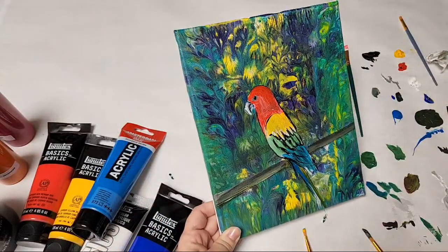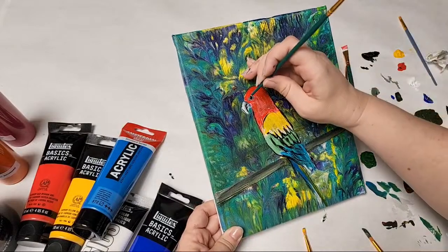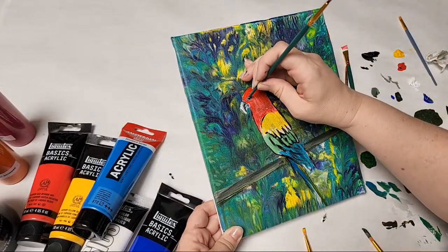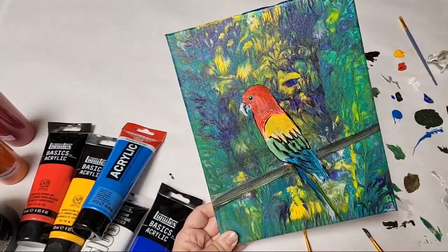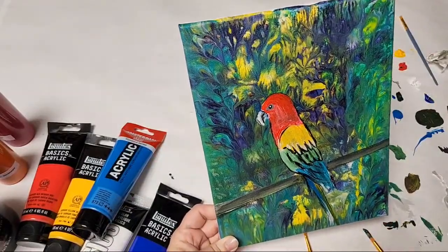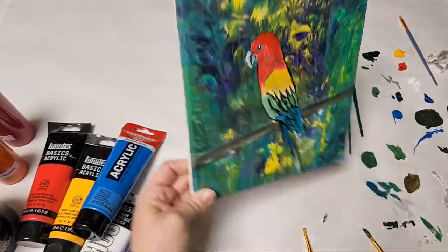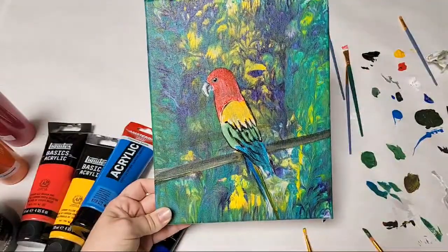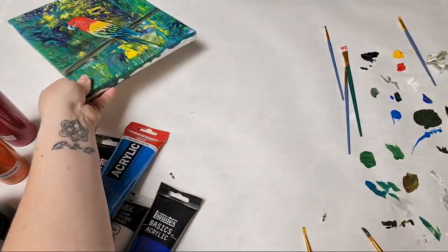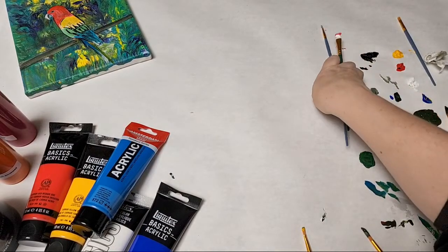Okay. I just want to add a little tiny white for the eye. And sometimes that little white makes all the difference, I think. Yeah, it just gives it so much life. Okay, there we go, Mr. Parrot. Yep, just a baby. All right, so for the turtle, let me